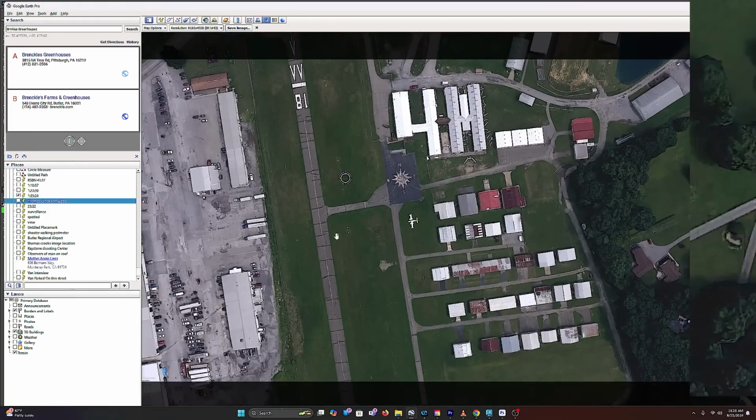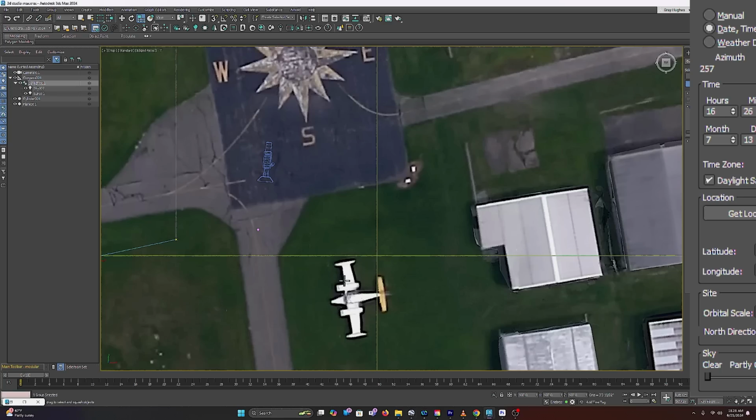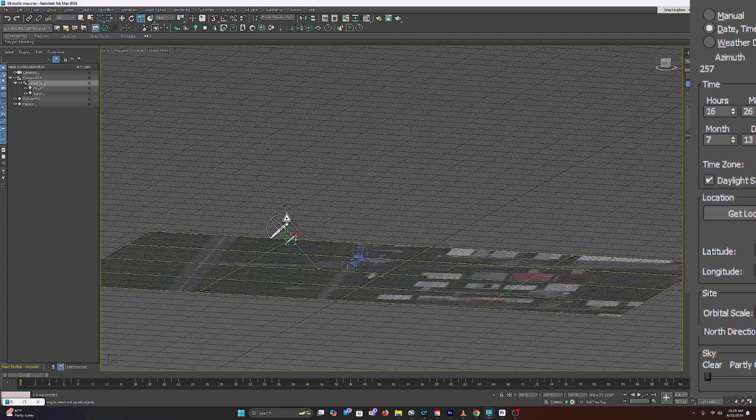And I just did a screenshot, but I removed that off of it, so it's just a clear image. So I did a screenshot, and I saved the image out at, I think it was 8,192 by 4,320, so that it's pretty clear. And then I brought it into 3D Studio Max, keeping the same orientation, north-south. And in 3D Studio Max, it looks like this. There's a sun system in there. You see that right there?